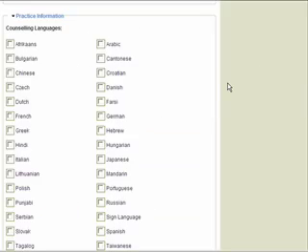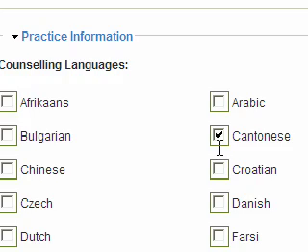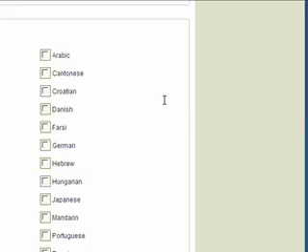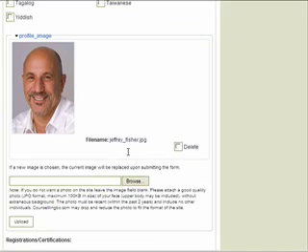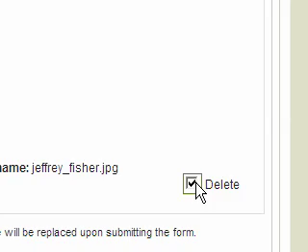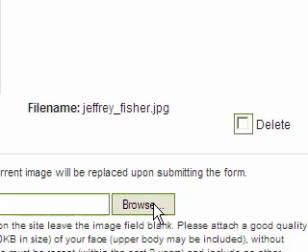If you speak a second language for the purpose of counseling, you would just check off one of these boxes or more than one box. Your name will appear under those languages in the directory. Your photograph, you can delete the photograph if you like by clicking delete, and if you simply want to delete it, you can do that. Or if you want to upload a new photograph, you click on browse, which will take you to your own hard drive,